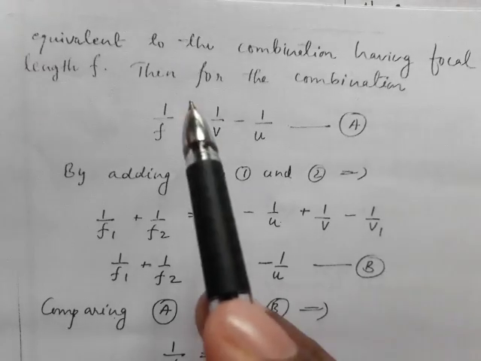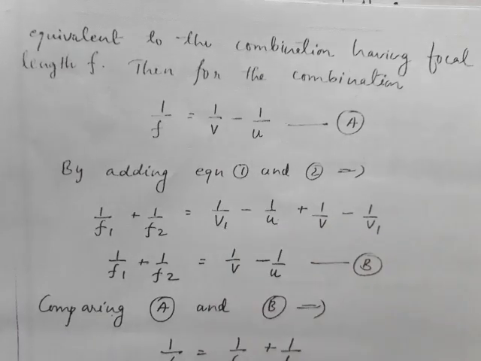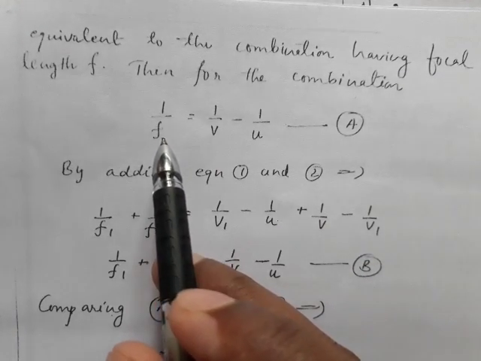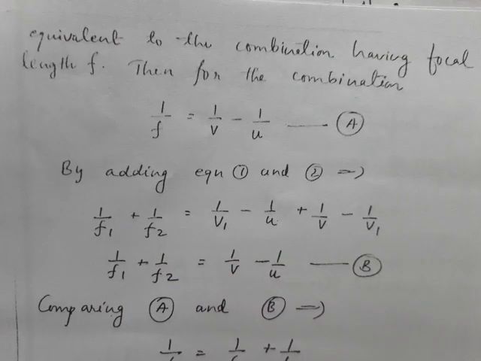So that is what is written here, 1 by f is equal to 1 by v minus 1 by u, where this f means the focal length, the effective focal length of the two lenses together. Now as I said, we have two equations, equation number 1 and 2. If we